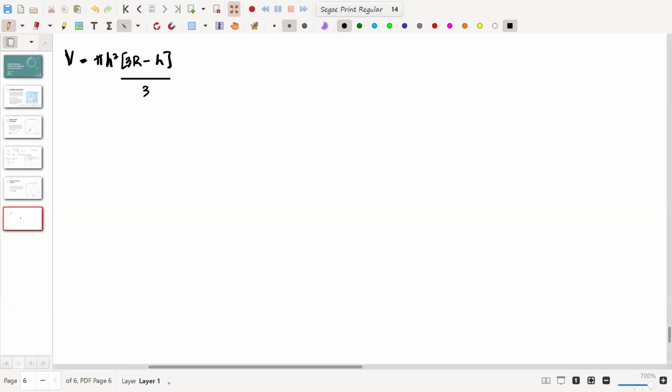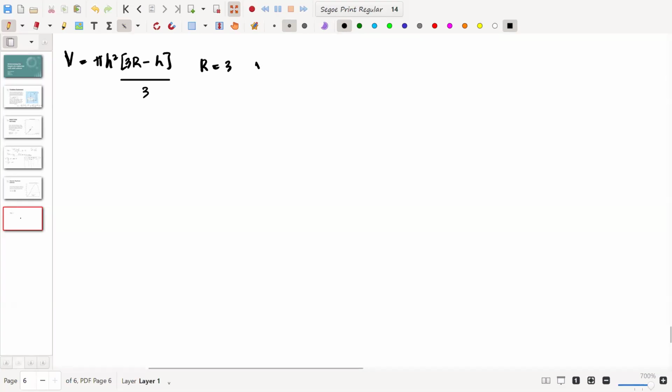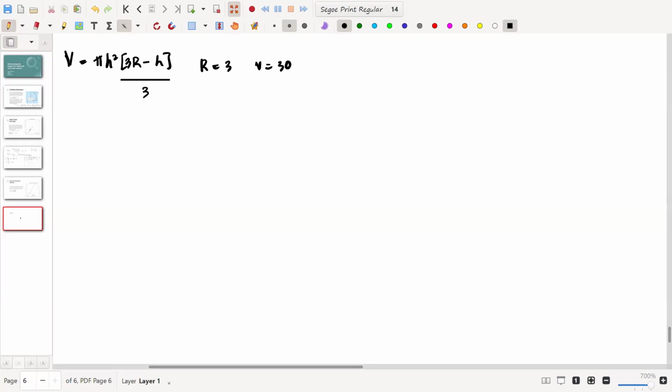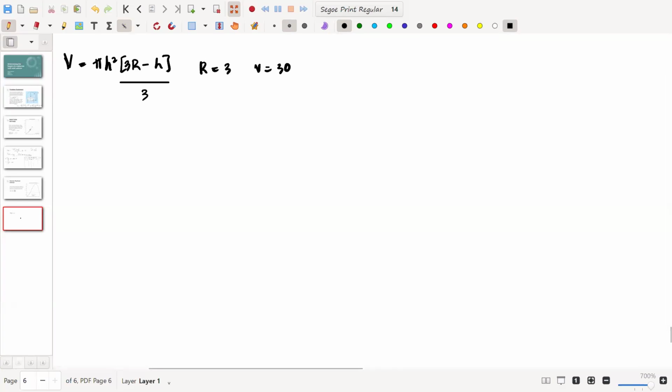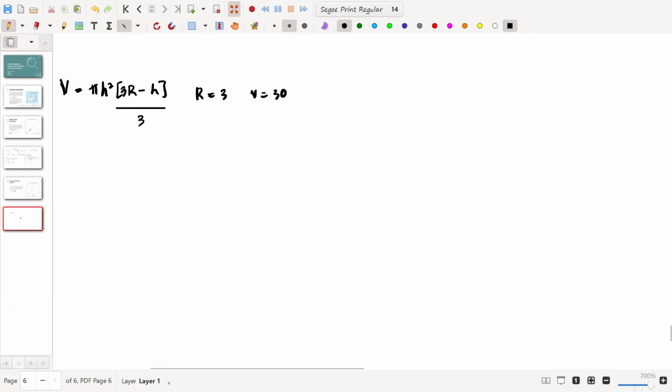Here we take the radius of the sphere as 3, so r is equal to 3, and we say the volume is equal to 30. Now we want to find the height appropriate for this volume, 30. As we all know, the equation of the Newton-Raphson method is